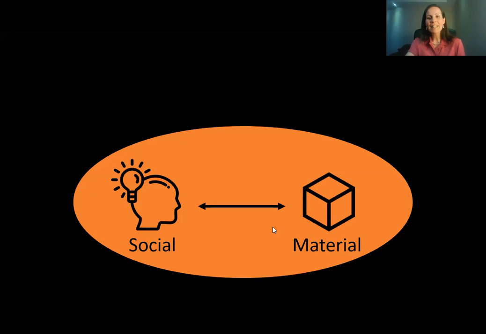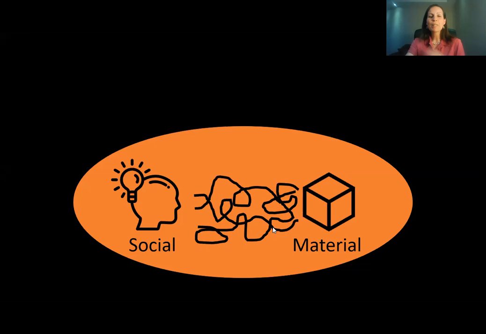And we can think that these interact in a linear way. But complexity theory suggests that there are many different non-linear social material interactions in a system. And this affects something like learning. So there's many different interactions occurring, and this can lead to uncertainty, and there can be unpredictability. There can be new possibilities, but all of these can be used to bring out learning.